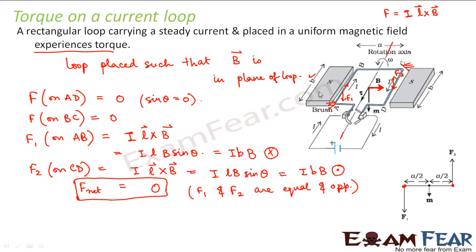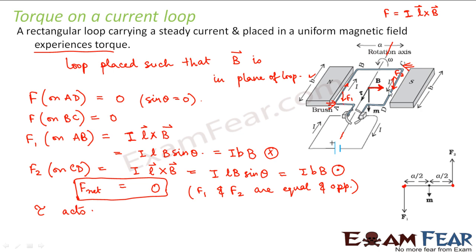If you think of it very carefully, let us suppose right now it is stable. There is one force F1 which is acting on this side and it is trying to push AB down, and this F2 is trying to pull CD up. In that case, even though F1 and F2 are equal and opposite, there is still a torque acting on the loop, making it rotate, because F1 will make AB go down and F2 will make CD come up. So gradually CD will start coming up, AB will start coming down, and as a result this entire loop will start rotating. So therefore a torque acts. This is the scenario if you look at it from this side.